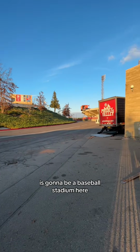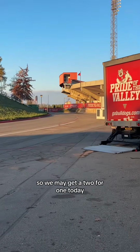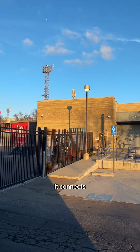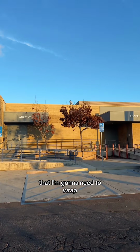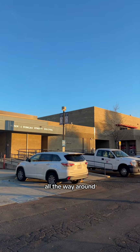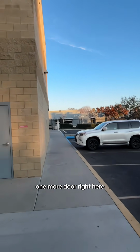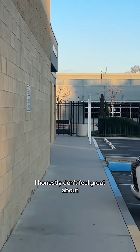There's also what I think is going to be a baseball stadium here, so we may get a 2-for-1 today. This gate also does not wrap around the football stadium. It connects right to this athletic building that I'm going to need to wrap all the way around to get my next try. And as I wrap around, there's only one more door right here